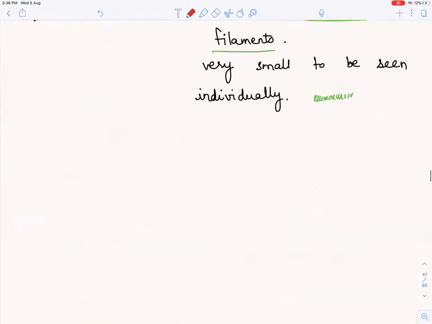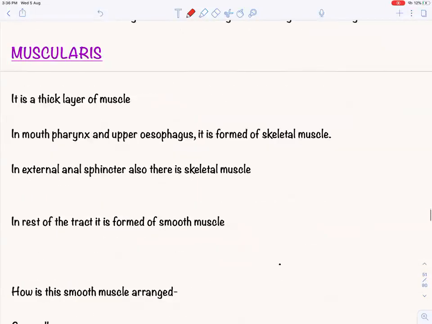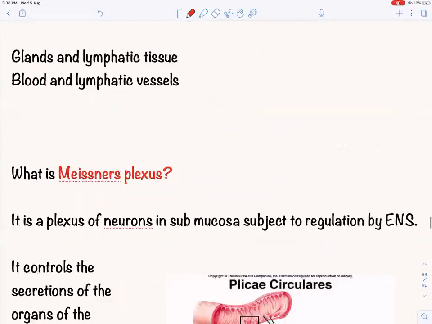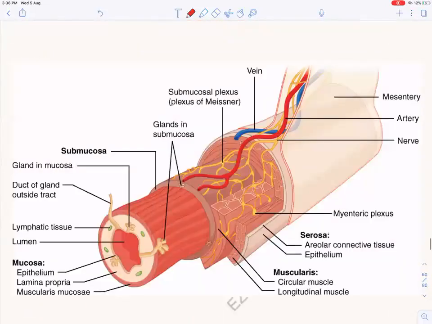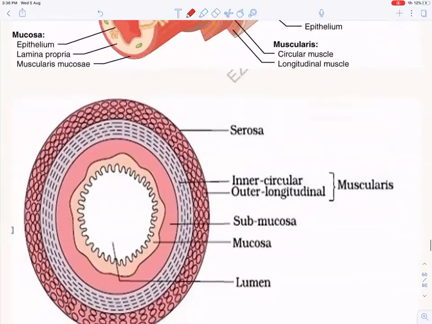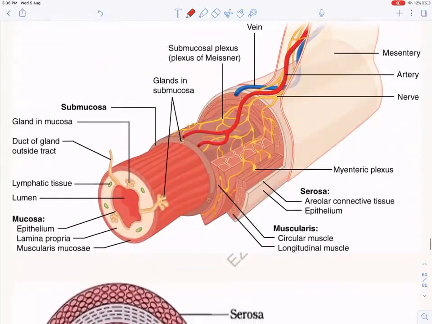We have done all these things, that's why I'm going up. So where is this diagram? I had to show you a diagram. Yeah, this is the diagram that I wanted to show you. So as we said, the first layer is serosa. So let us see serosa first. Then I said that there is muscularis, right? Outer longitudinal and inner circular muscles.